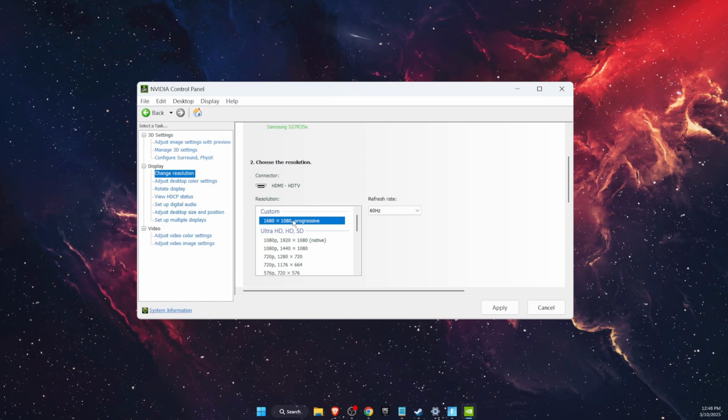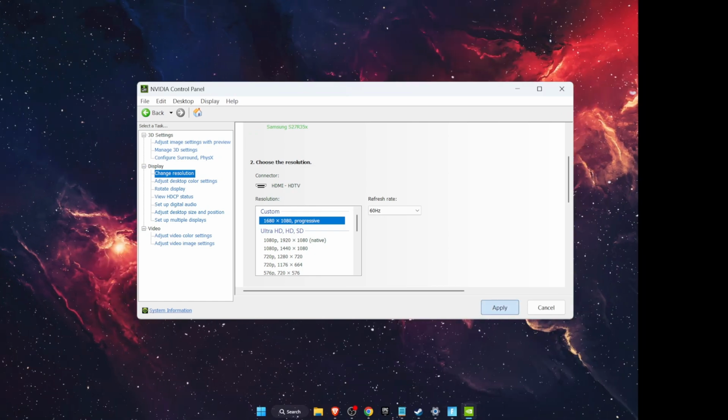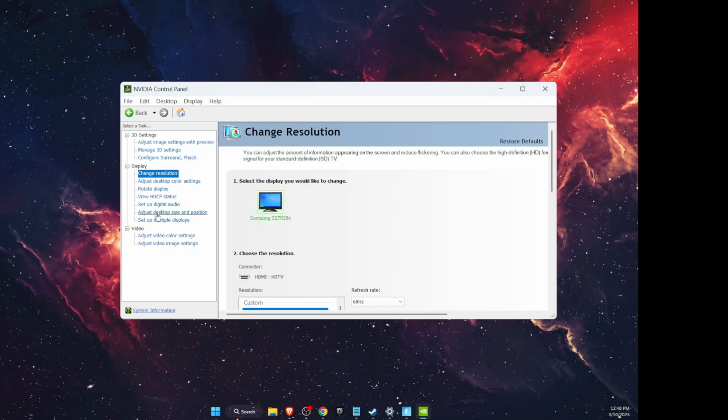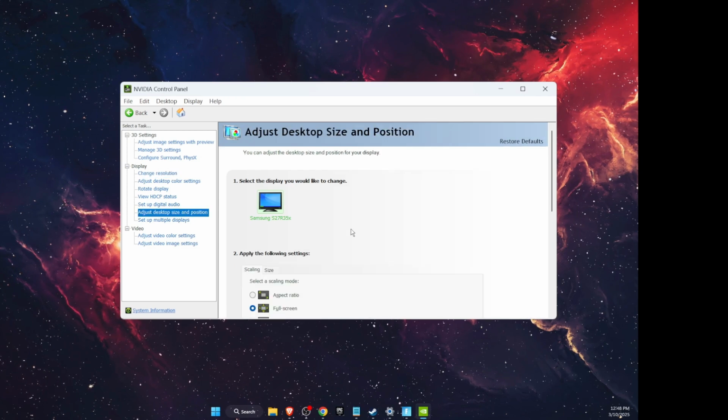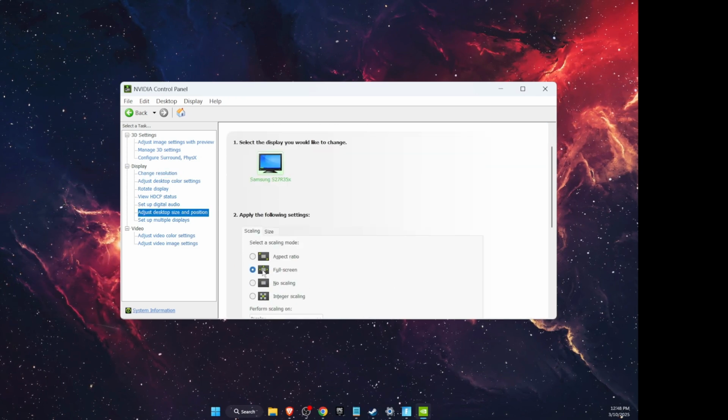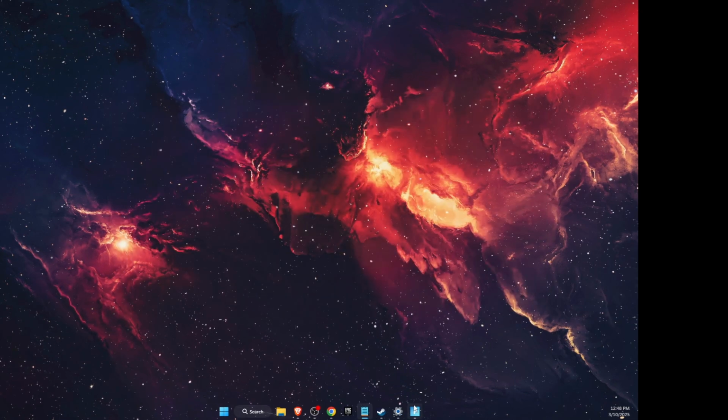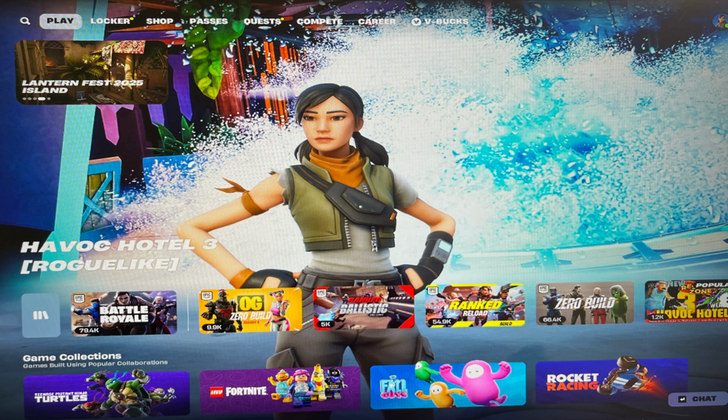And now you want to make sure that it is selected. Now you're going to click Apply. Now, if something is not working, you want to click Adjust Desktop Size and Position, and you want to make sure that it is full screen here. Now you want to go ahead and open up your Fortnite. Now, it's a little bit stretched, but my OBS doesn't show it correctly, basically. But as you can see, it is